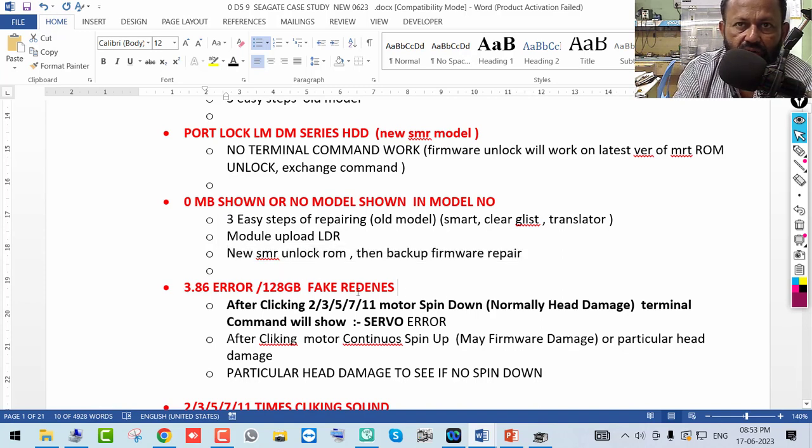If the hard disk model name shows 3.86 or 128 GB, that is a fake reading, or in device manager it shows 3.86 or 128 GB. Then we have to give the power and listen to the sound. If there is any clicking sound, yes, clicking sound coming, and the motor spins down,